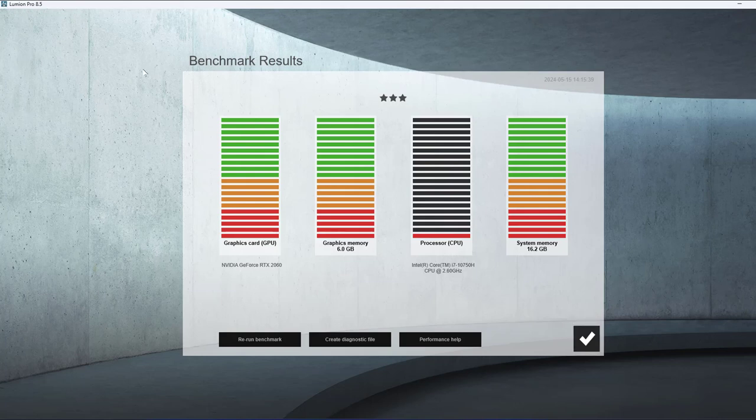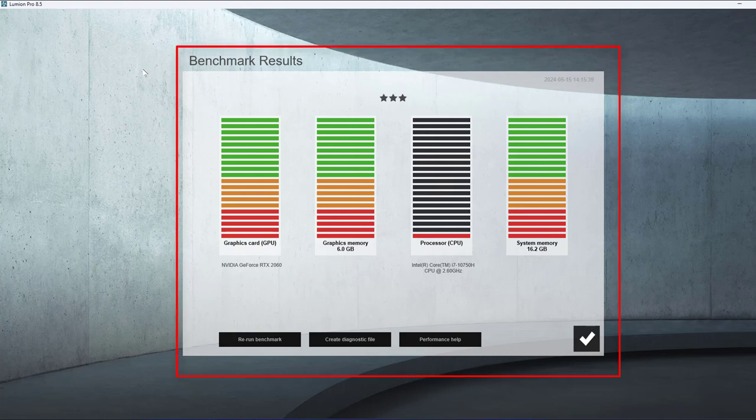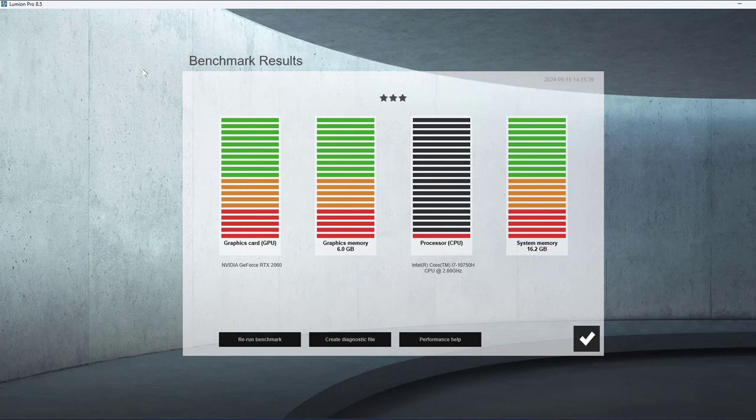Once you click, it reads the benchmark. As I already told you, you should have a great configuration to run this. It checks the configuration, whether we have the proper RAM or graphics card to run that particular software version.